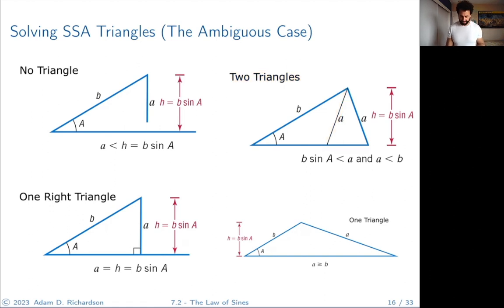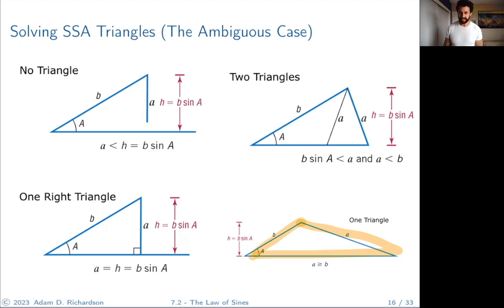There we go. Then there's this case where you have a single right triangle. In this case, A is just long enough to contact that remaining leg at a right angle. So that's a possibility. You'll have 1 single right triangle. And then there's the last case, which is where you'll have 1 oblique triangle, or really I should say obtuse